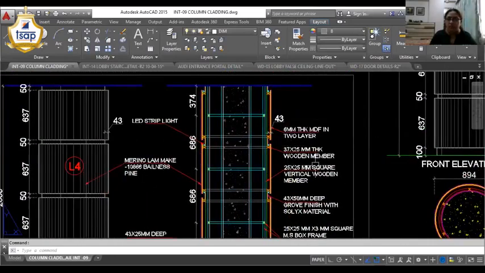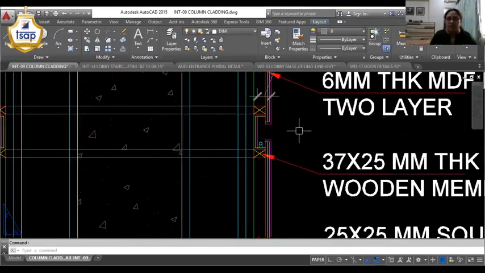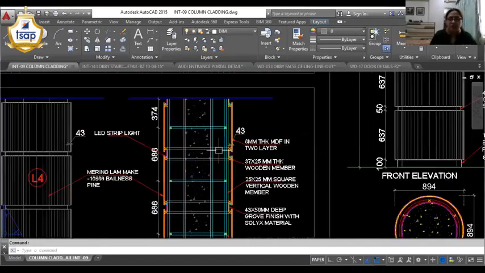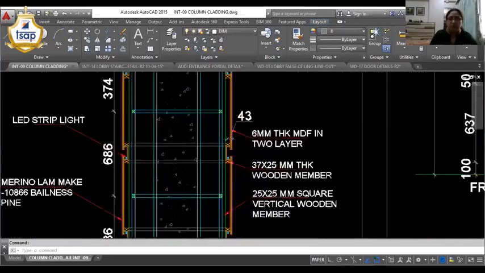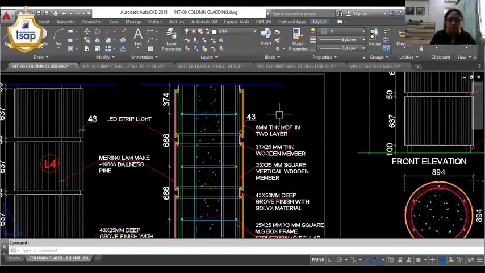Then the wooden member size has been written. The grooves which are finished with LED lights inside are shown here. So all these particular details are to be shown as a part of the tender drawing, and all these specifications also need to be mentioned in the tender item also.